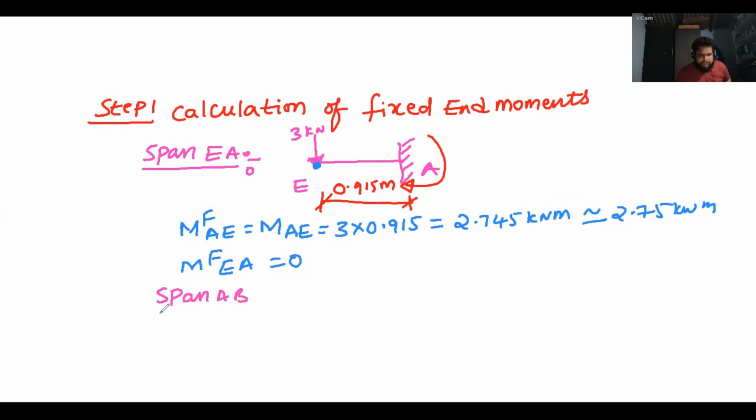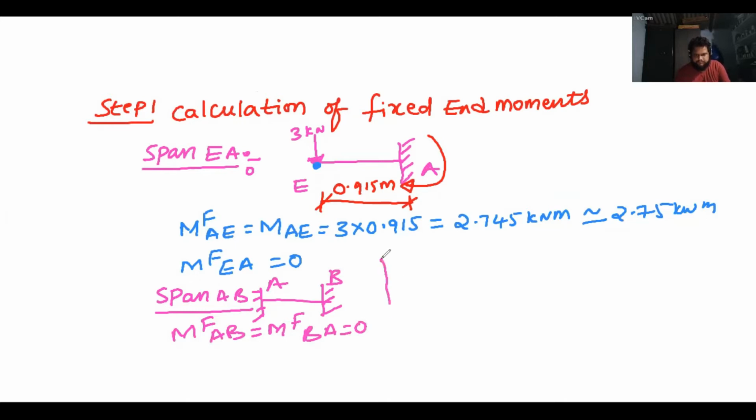In the span AB, there is no loading, correct? When there is no load on the span, there is no moment. So I can write MFAB equals MFBA equals 0. This is span AB's story. Next, span